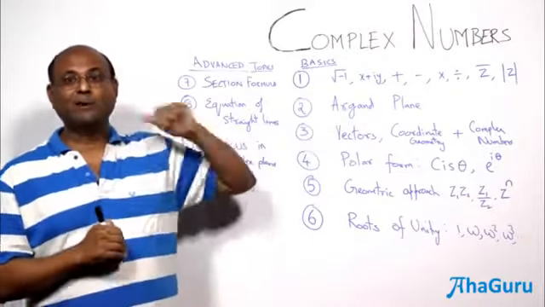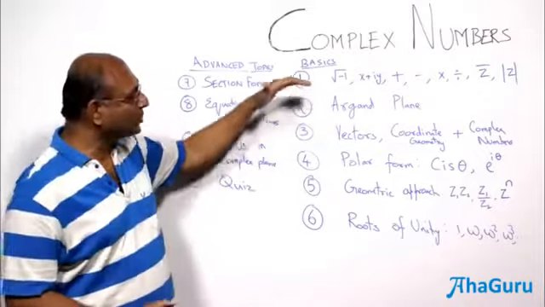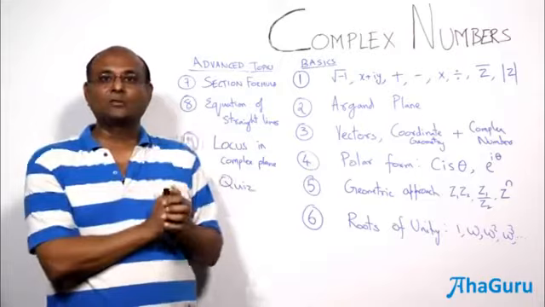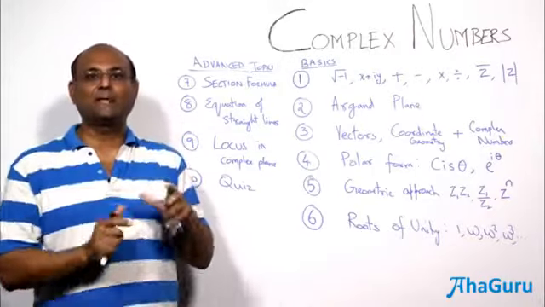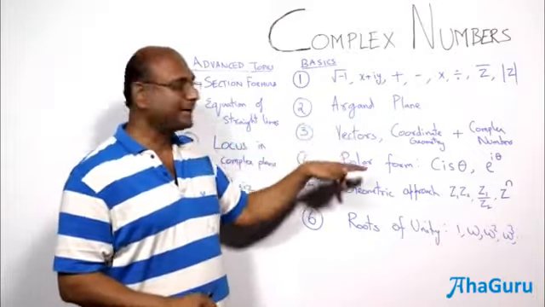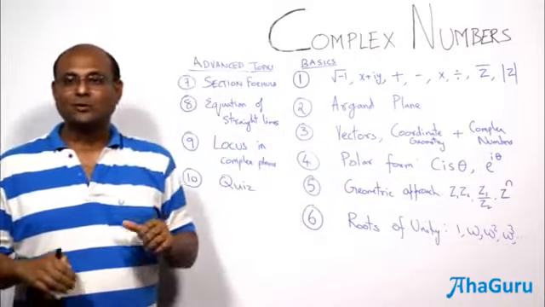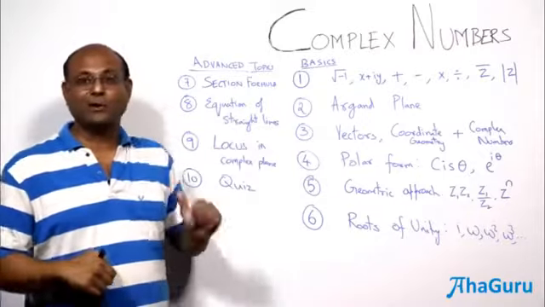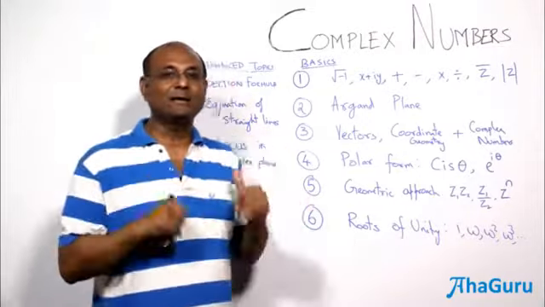But the real importance is when we start looking at argand plane, looking at the geometric representation of complex numbers. In fact, the speciality of this course is going to be to introduce you to a geometric way of thinking about complex numbers. Okay, so we are going to focus on vectors, coordinate geometry, and the connection between that and complex numbers. You will see complex numbers as vectors, because that is very important to understanding complex numbers deeply so that you can solve it much better.